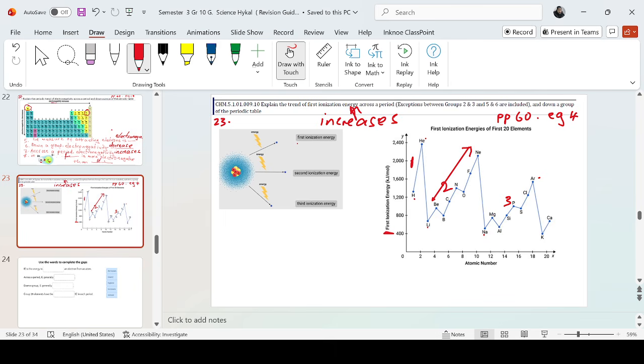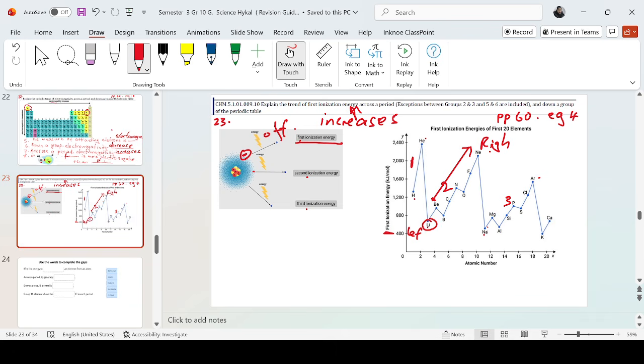What is ionization energy? The energy needed to remove one electron, to take it off. The first electron, first ionization energy. If you take the next electron, second ionization energy, and then third ionization energy. So look at the pattern across the period, from left to right, from lithium to neon. Check on the periodic table. The trend is increasing across the period. But down the group,